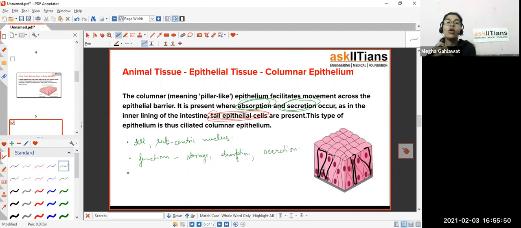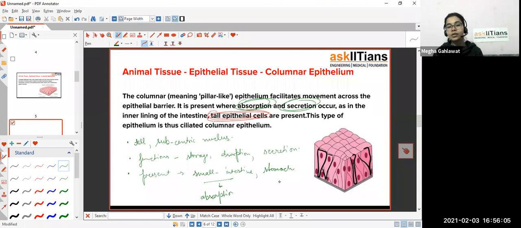Remember that, and the stomach. So here in the intestine it helps in the absorption, and here in the stomach it helps in the secretion. Secretion of what? Mucus. And what does the mucus do? Mucus protects our stomach from